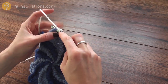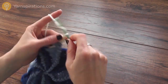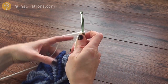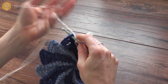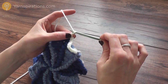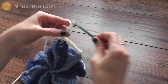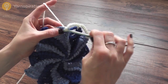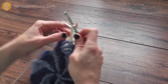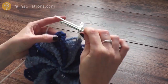I'm going to chain one. Then I'm going to work one SC in the very same space that I joined with the slip stitch, and then chain 7. Then I'm going to make one SC in the double treble stitch at the top of the next petal, and repeat all the way around. So chain 7, and then one single crochet in the top of the next petal in that double treble stitch. 1, 2, 3, 4, 5, 6, 7, and join